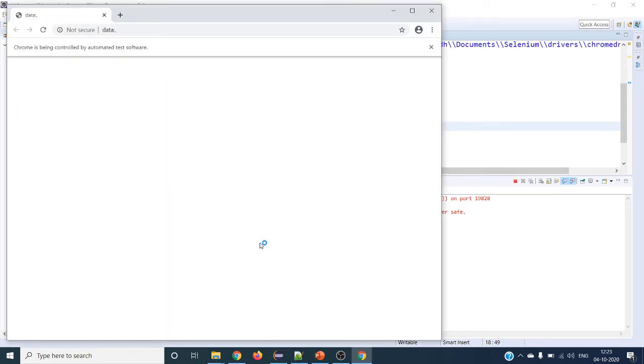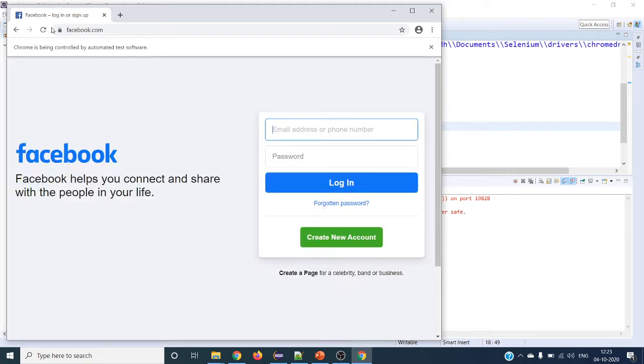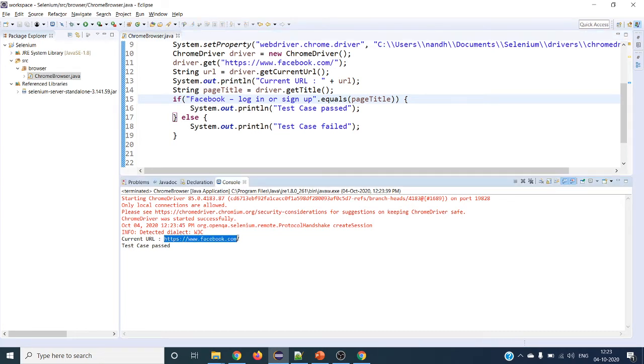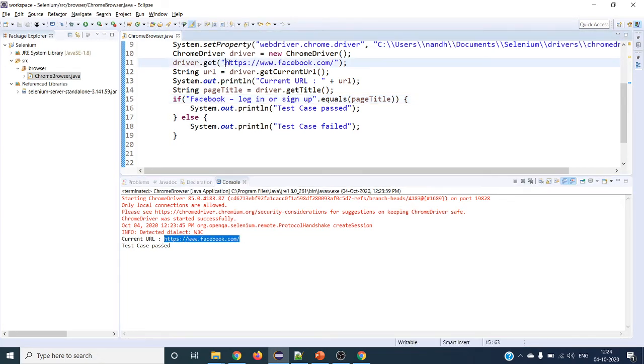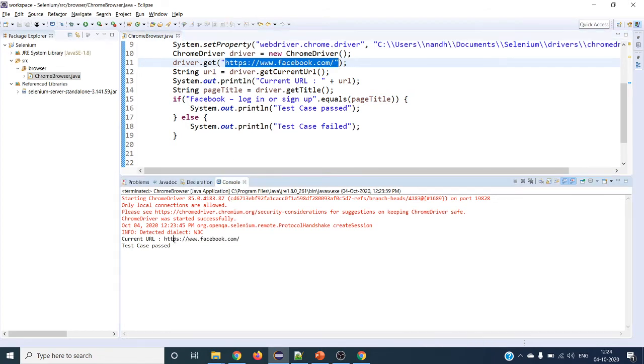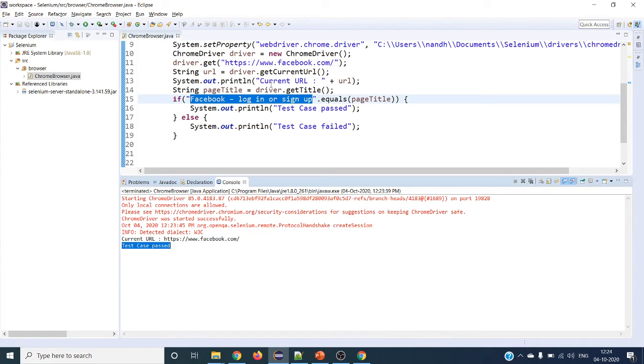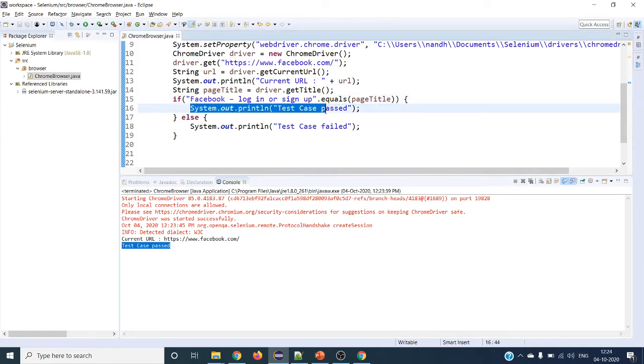It will open the browser, launching facebook.com. After that, it has to fetch the current URL, and it is fetching the Facebook login or sign up. You can see here the Facebook URL has been fetched exactly as we gave it, and it has fetched the page title. You can see test case passed, so it is fetching the same one and it passed the test case. Correct? Yeah.